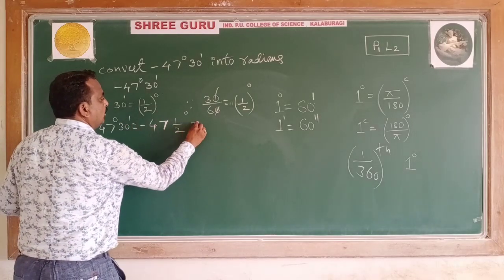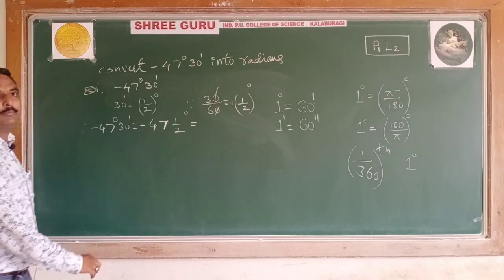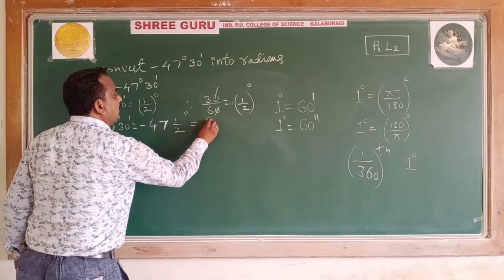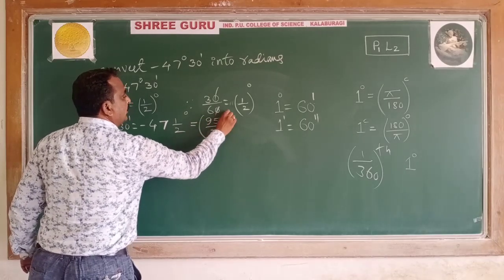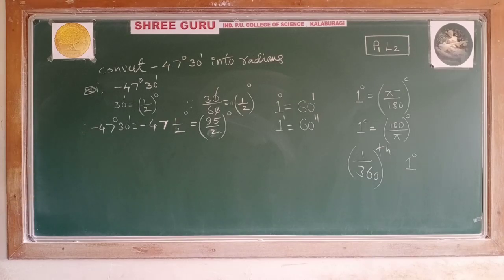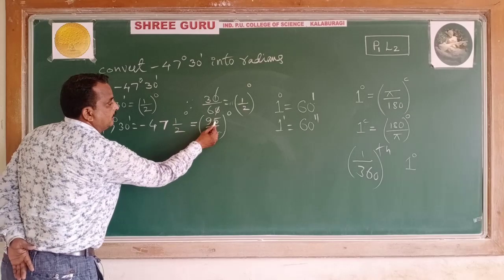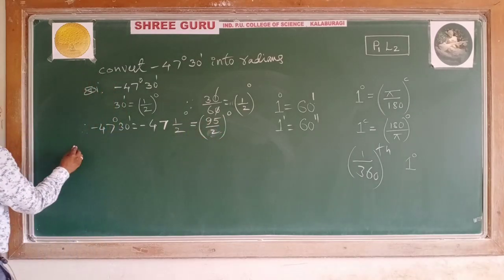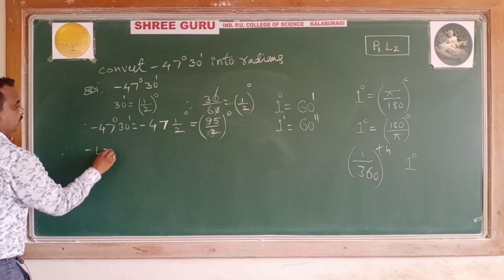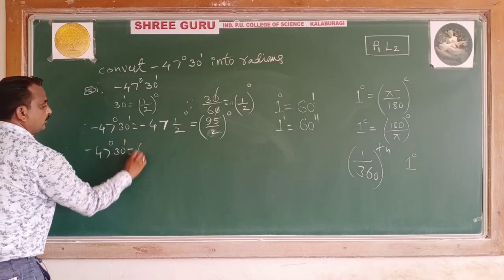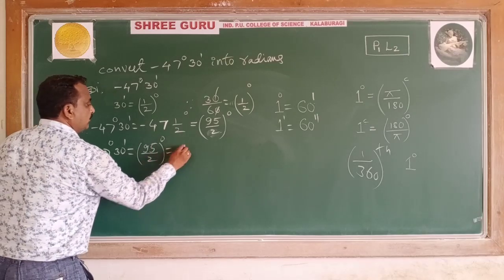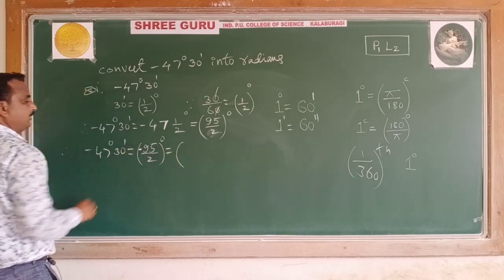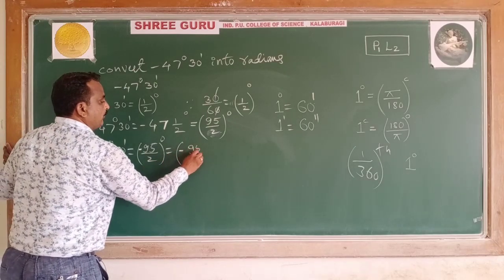So combine this whole degree and convert it in terms of radians. Now it can be written as 47.5. It can be written as 95/2 degree. Shall I write it? 95/2 degree it is. 2 into 47 is 94, 94 plus 1. It can be written as 95/2 degree. Now convert this, this is your given question, with the negative sign: minus 95/2 degree.